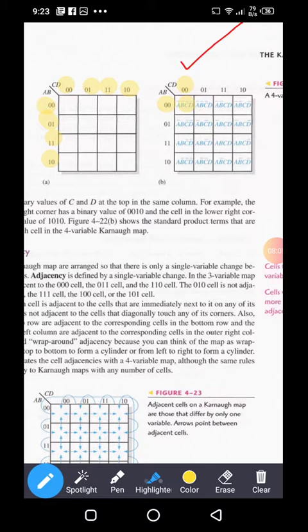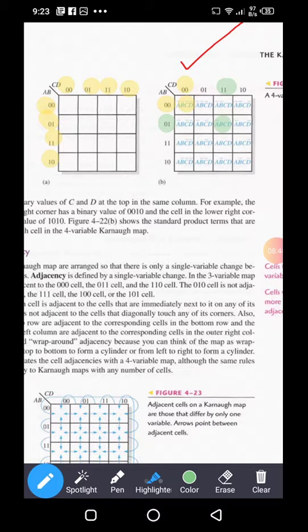Now, if I give you another example, say this one, what is the value of this cell? The value of this cell is 0 1 1 1. Why? Because the variable A has a value 0, variable B, C and D have values 1.